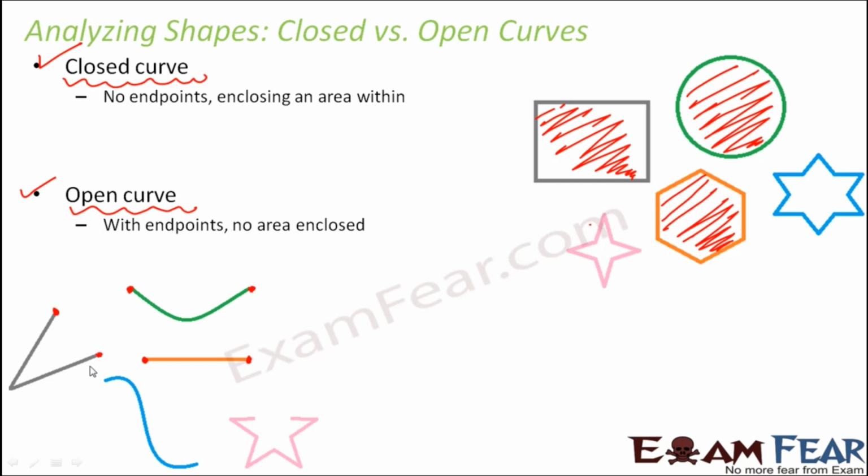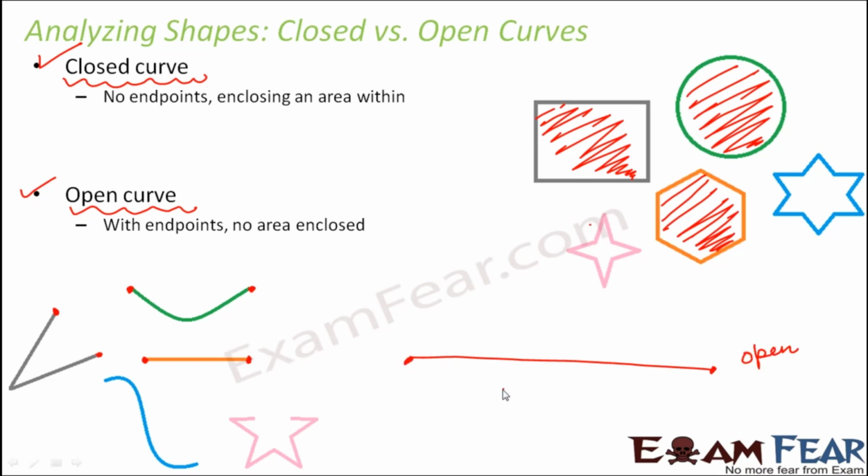A very simple example I would like to illustrate would tell you how an object can be an open curve and how it can be a closed curve. For instance, let's say you take a rope. Now, as long as the rope is kept straight, is it an open curve or a closed curve? It is an open curve because you can see the two ends of the rope distinctly. So this would be an open curve.